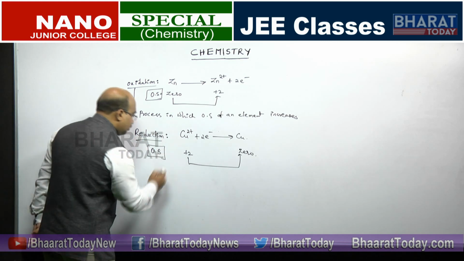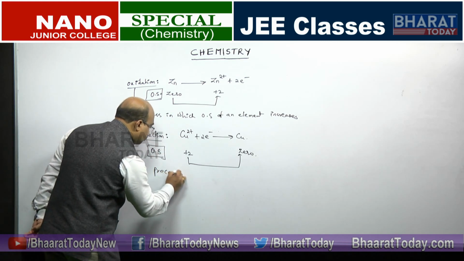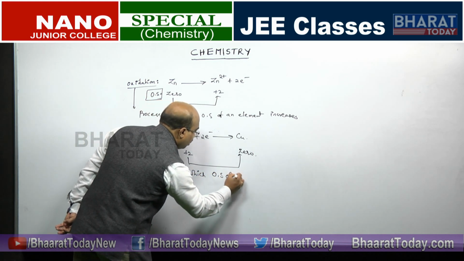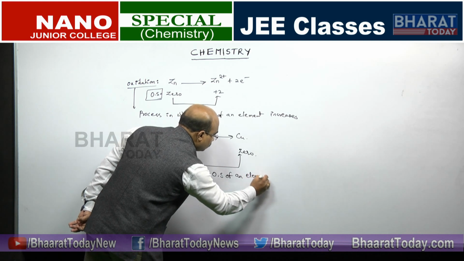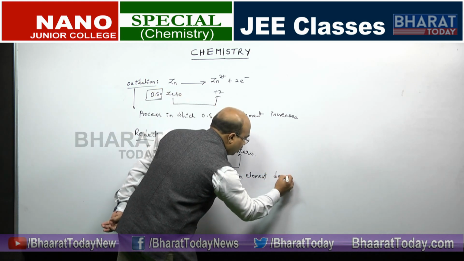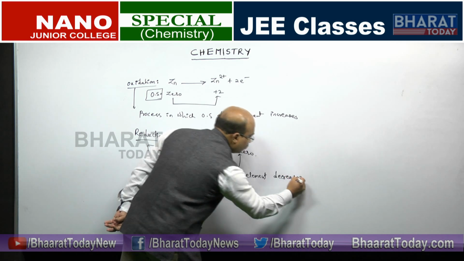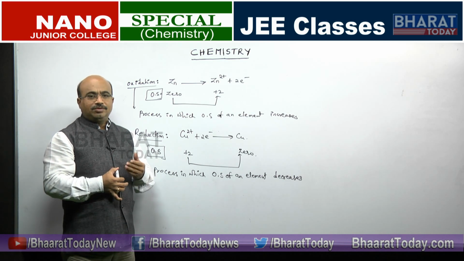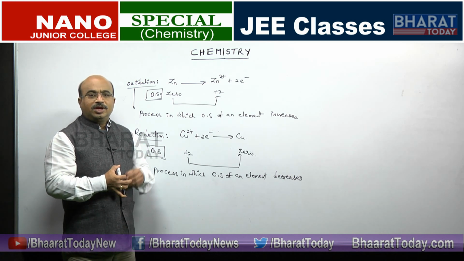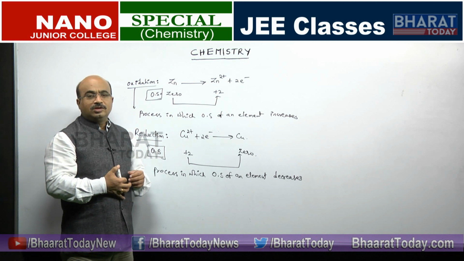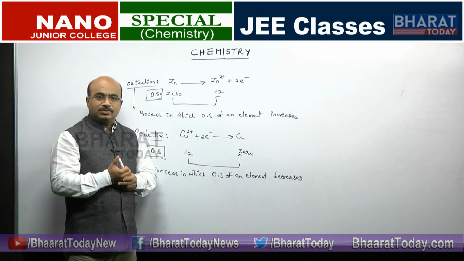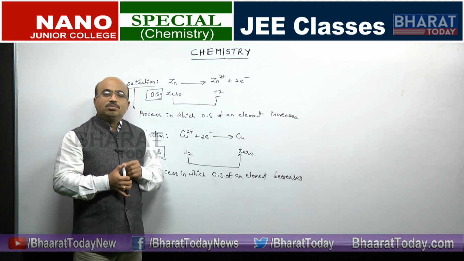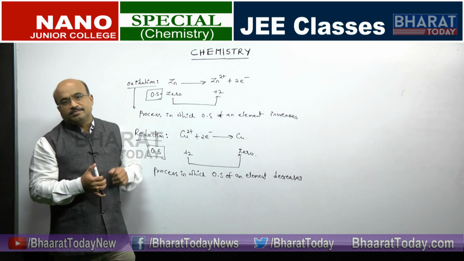So, the process in which the oxidation state of an element decreases is known as reduction. So, for any reaction that is given, we can identify what is reduction in it and what is oxidation in it. We already said that in any chemical reaction you must have both reduction and oxidation.